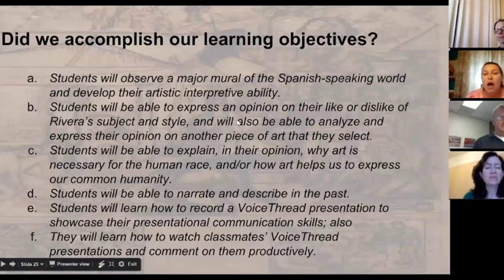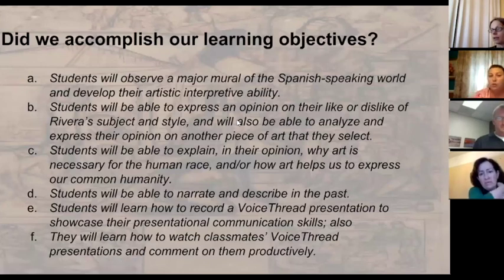Thank you. And so on this slide, you can see these were the learning objectives that Margot and I really wanted students to accomplish or to achieve. I won't read them for you, but I will tell you that all of these learning goals, all 6, every student managed to achieve with this project. So at the end of the day, when that was done, we gave ourselves a big pat on the back because it was tough, but it was well worthwhile.